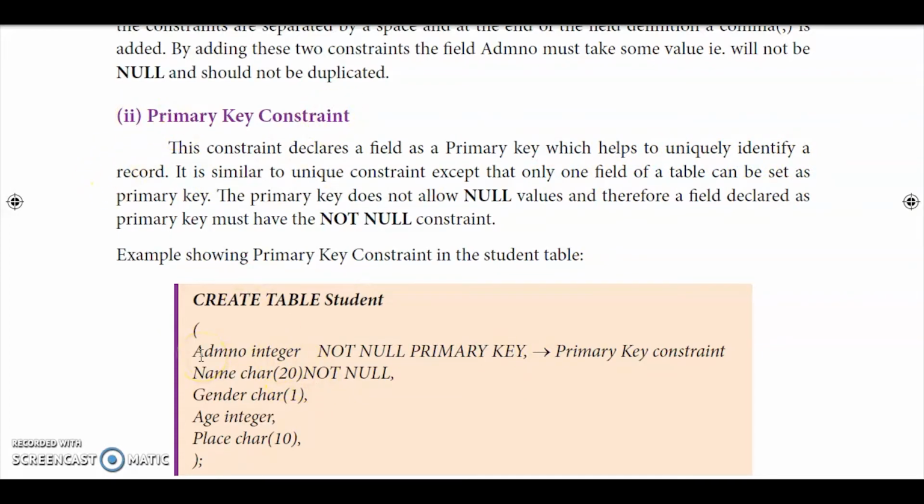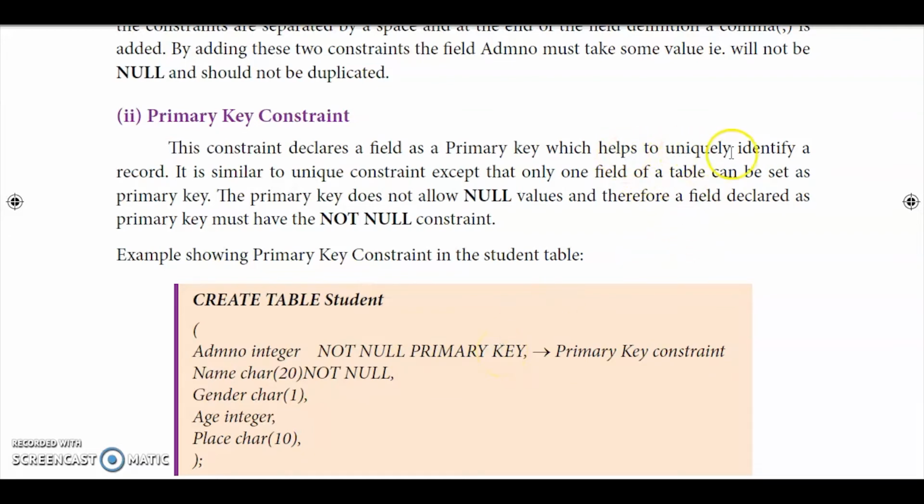Suppose we are giving employee details, employee number can be set. If you have the Aadhaar number, the Aadhaar number is not common for any other person. It's a unique ID number for each person, isn't it? So if you have something like that, you can set that Aadhaar number as a primary key. Similarly, it's your wish which one you want to have as a primary key, but for what purpose we are creating that?